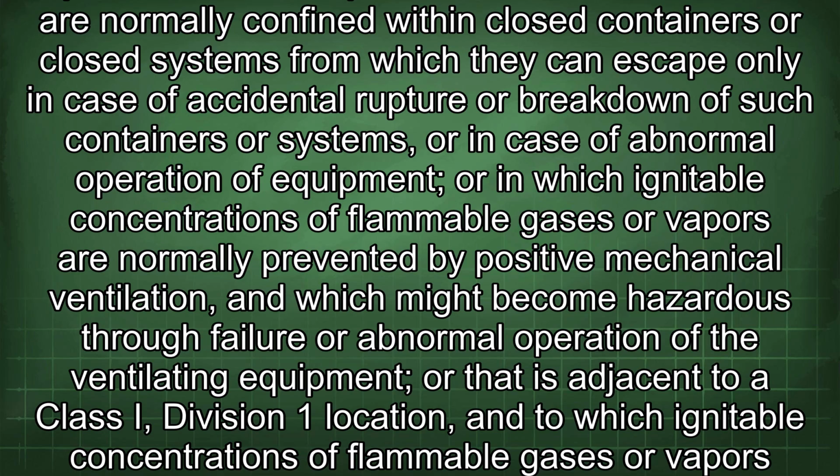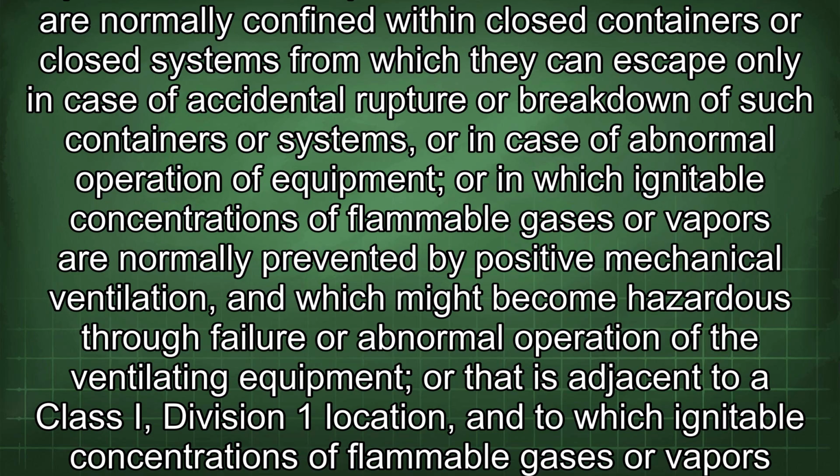Division 2 is a location where ignitable concentrations of flammable gases or vapors are not likely to exist under normal operating conditions, and in which flammable gases or vapors are handled, processed, or used, but which are normally confined within closed containers or closed systems from which they can escape only in case of accidental rupture or breakdown of such containers or systems, or in case of abnormal operation of equipment,